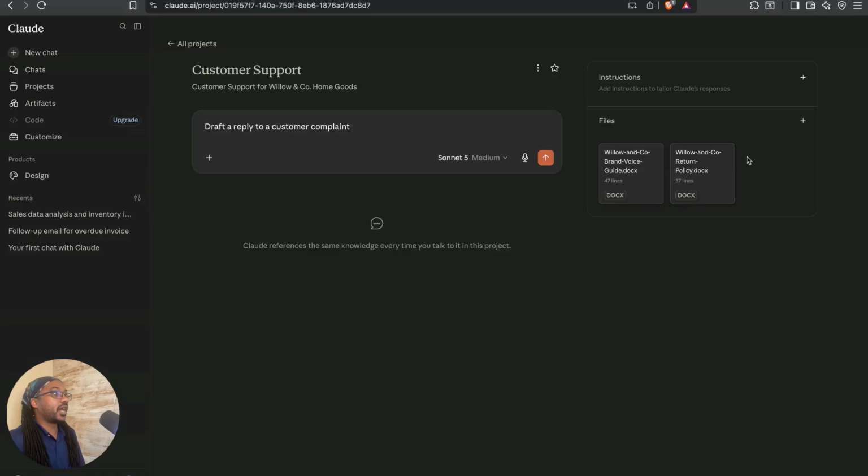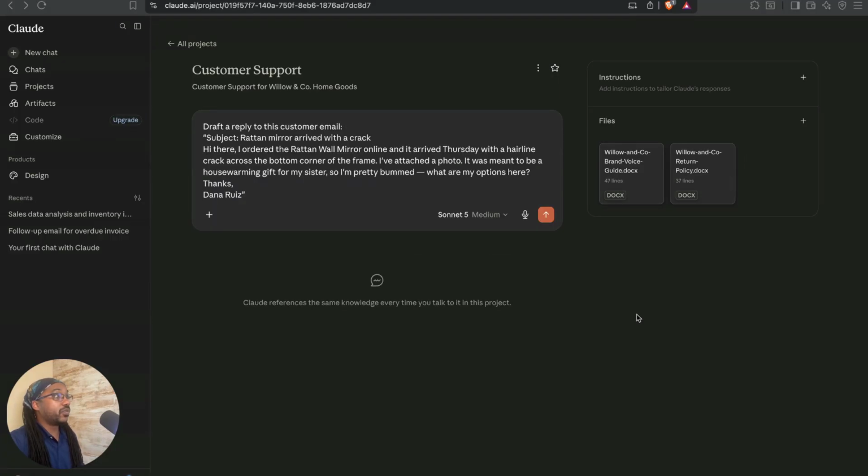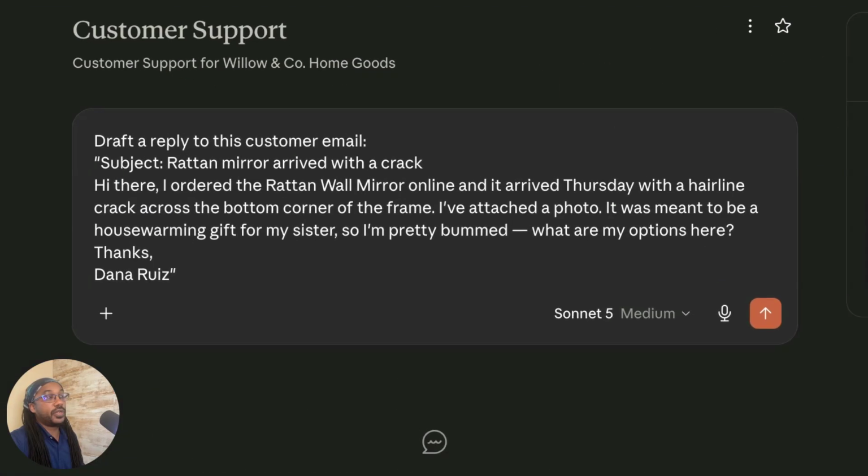my business every time. For this example, in the prompt here of this project, I put, draft a reply to this customer's email. And it's basically a customer who received a mirror and it was cracked during arrival. I want to draft up a response, so we're going to give this a run and see what we get